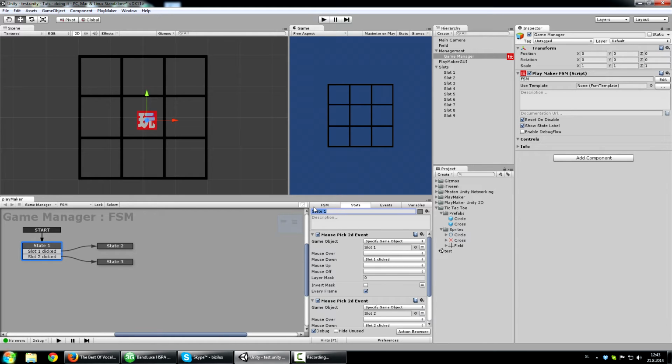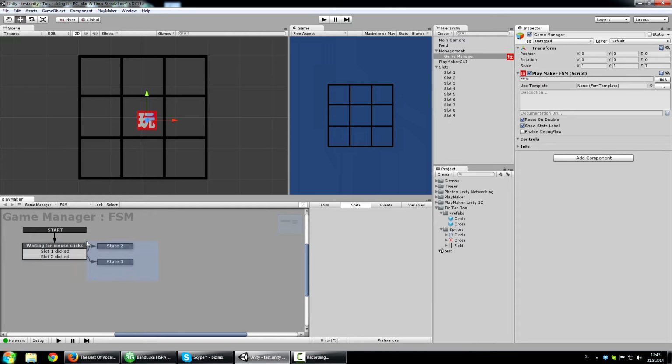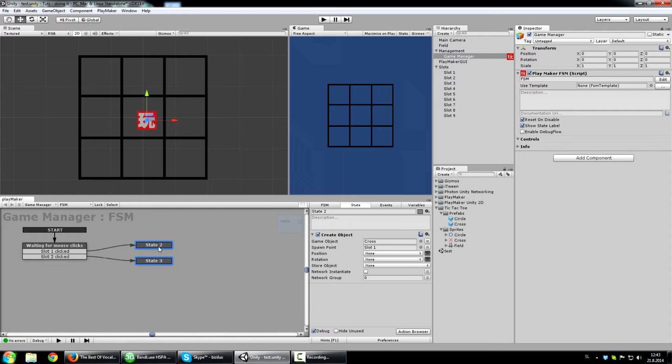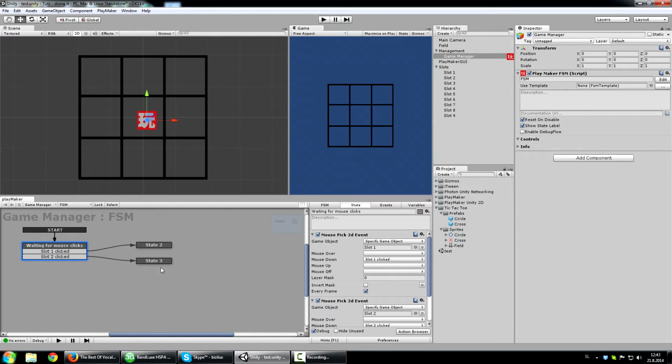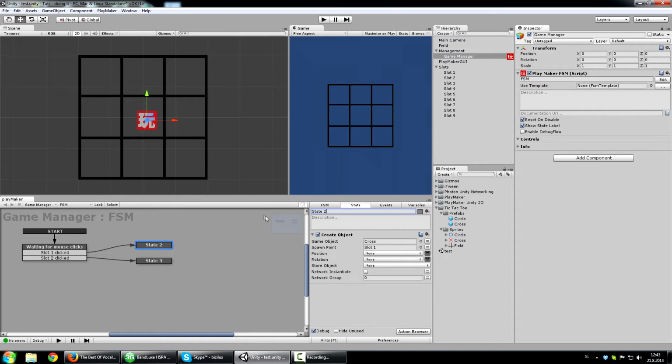So let's type in waiting for mouse clicks. It expanded a bit, so let's drag over our mouse and push these ones to the right. So this one is waiting for mouse clicks,